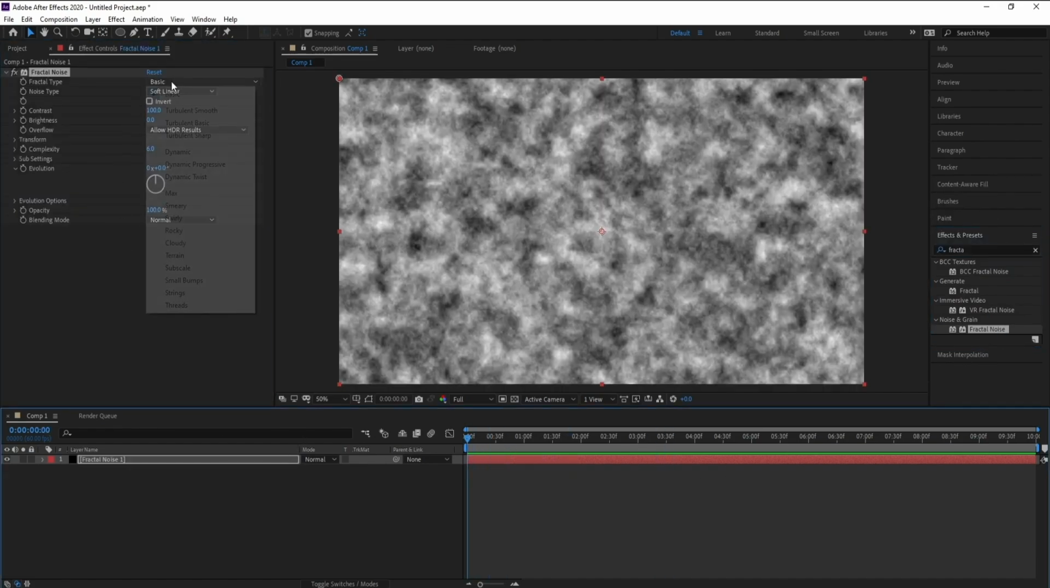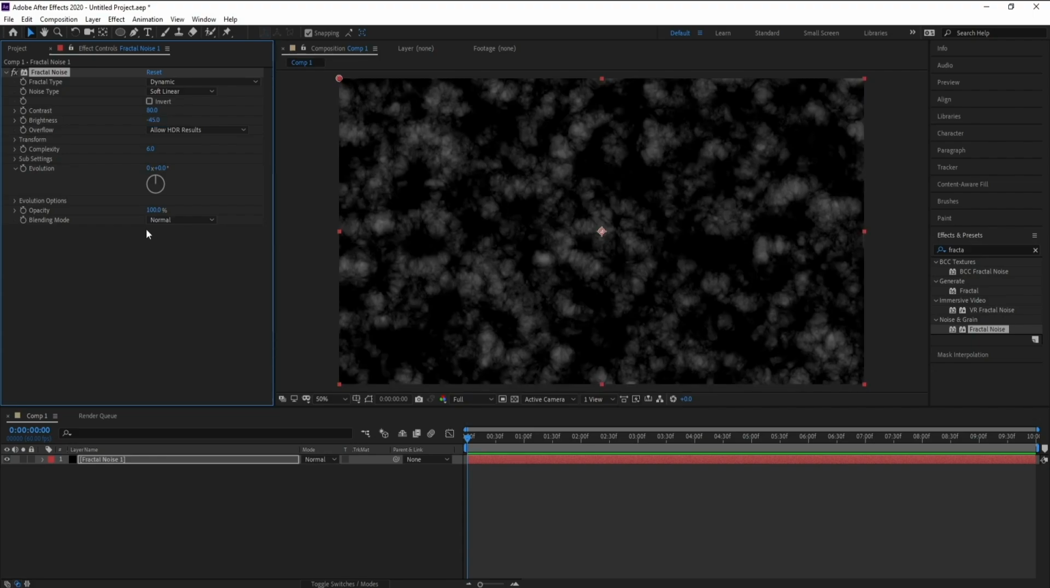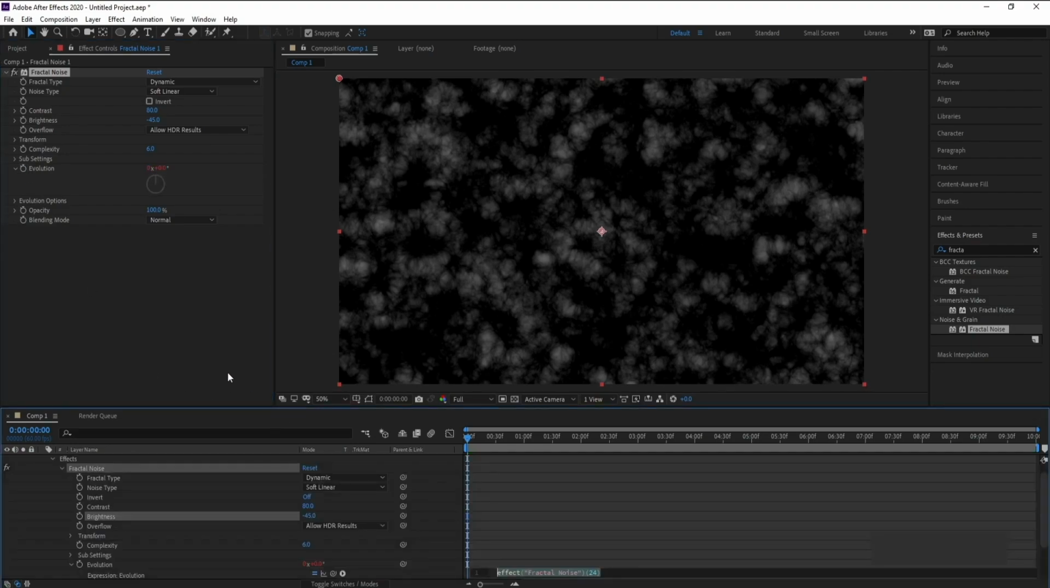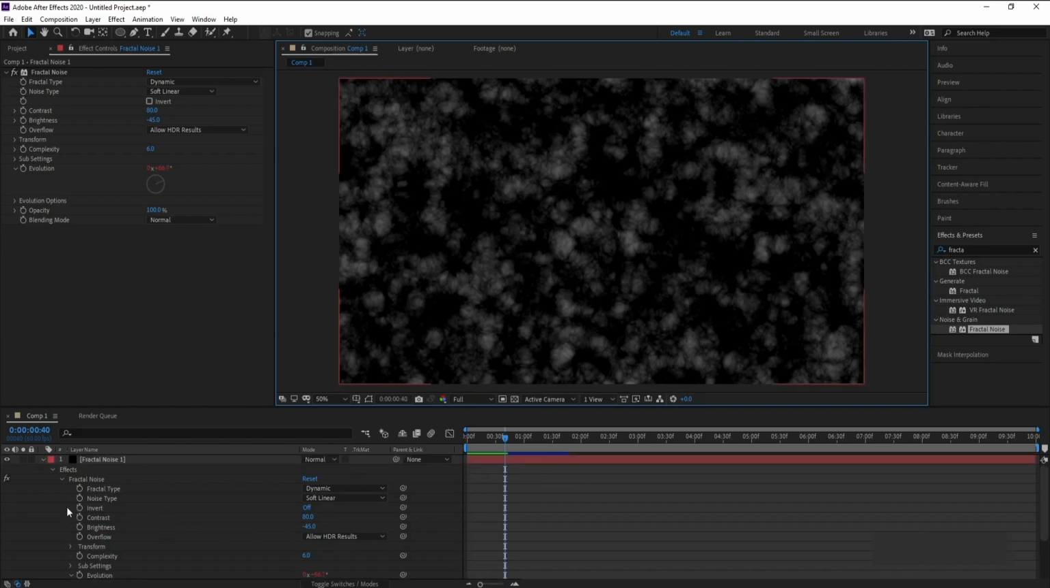Okay, now set basic to dynamic, and also I'll change contrast here to 80, brightness to minus 45, and I'll go to evolution, alt and keyframe to time. I'll type time times 100 and see. Okay,